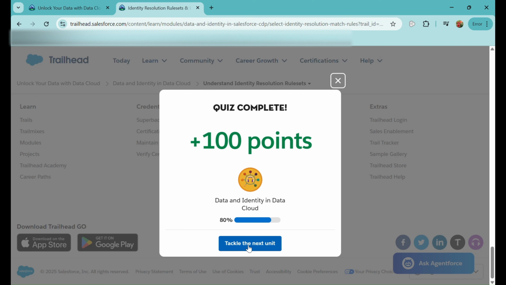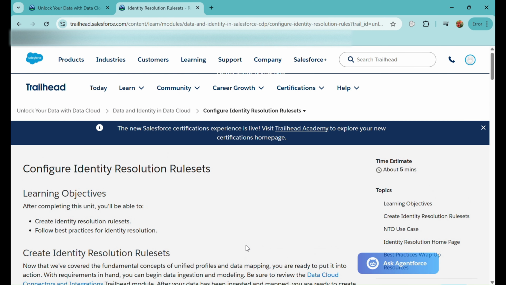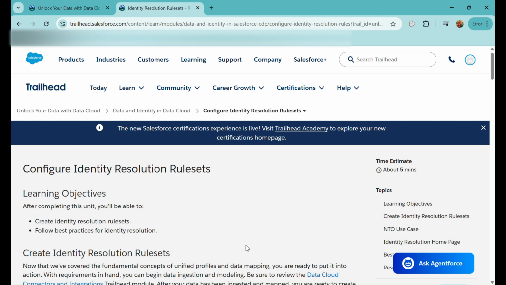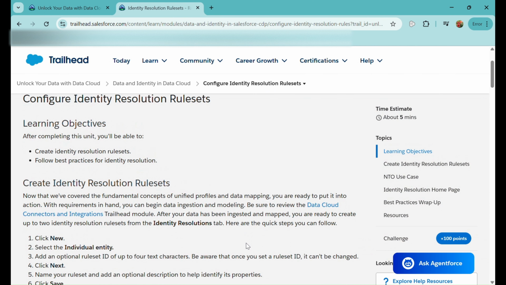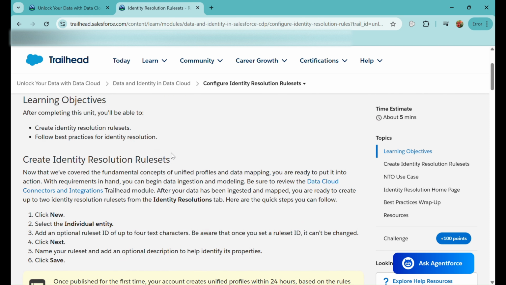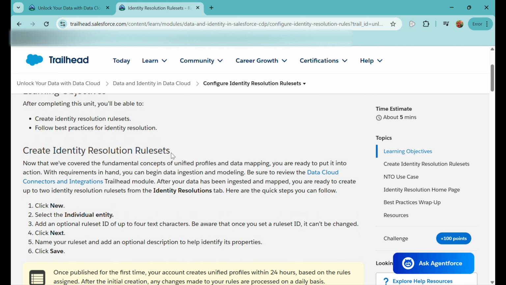And that is correct. Let's move on to the last unit of this module, that is configure identity resolution rule sets. So we have talked about the rule sets, what they are, and what kind of rule sets we have. Now we are talking about where we go to create those rule sets. We need to go to the identity resolutions tab, then click on the new button and select the individual identity.